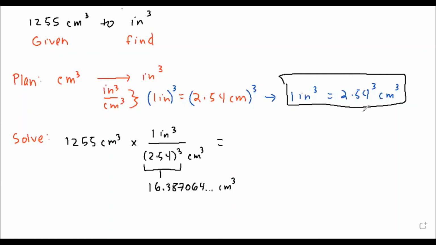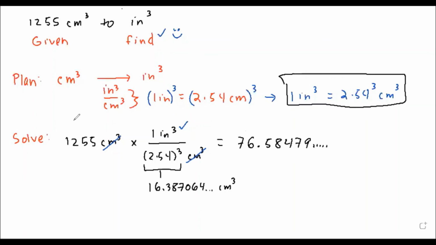So 1255 divided by 2.54 raised to the third. And I get 76.58479 and on my calculator. We forgot to check our units here. Cubic centimeters and cubic centimeters cancel out and you're just left with cubic inches, which is what you wanted to find. So we have this number on our calculator, and the last thing we always want to do is check